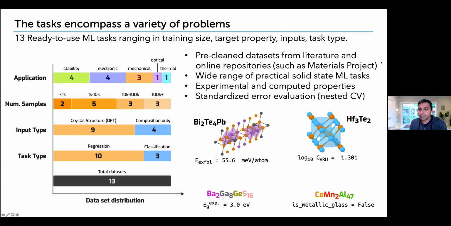The other thing with these data sets is that we try to pre-clean them, because a lot of times a difference in reporting is depending on how you clean the data beforehand and what data you get rid of. And so we document all the cleaning procedures for these data sets so that you don't have to invent your own cleaning protocol and then end up with different scores that way. And it also includes both experimental and computed properties. So it's not all just calculated data, it also includes experimental data.